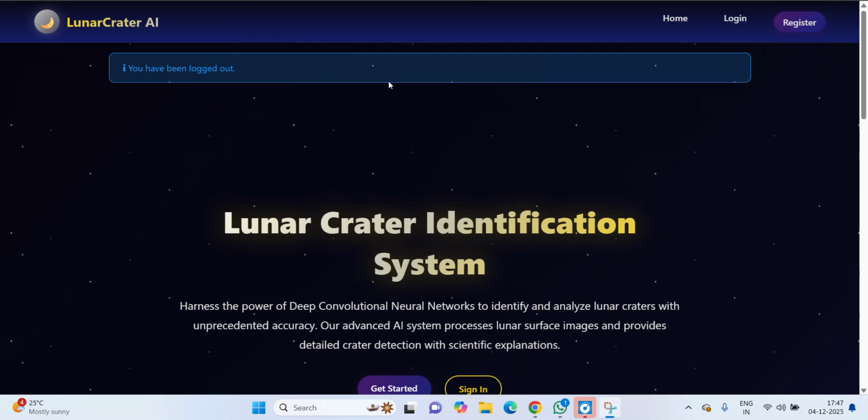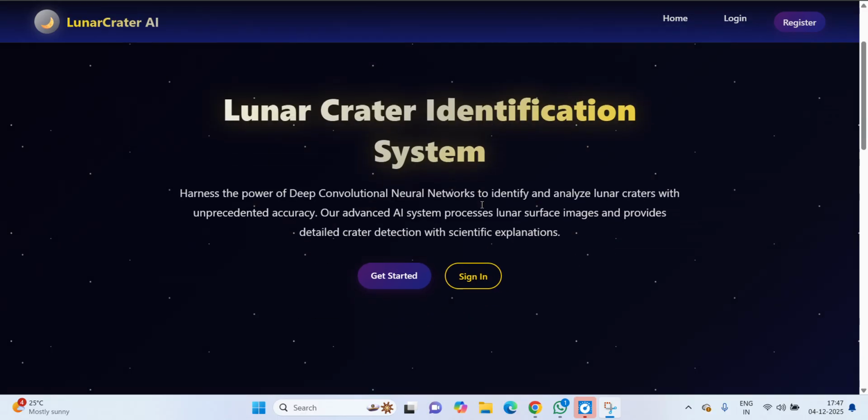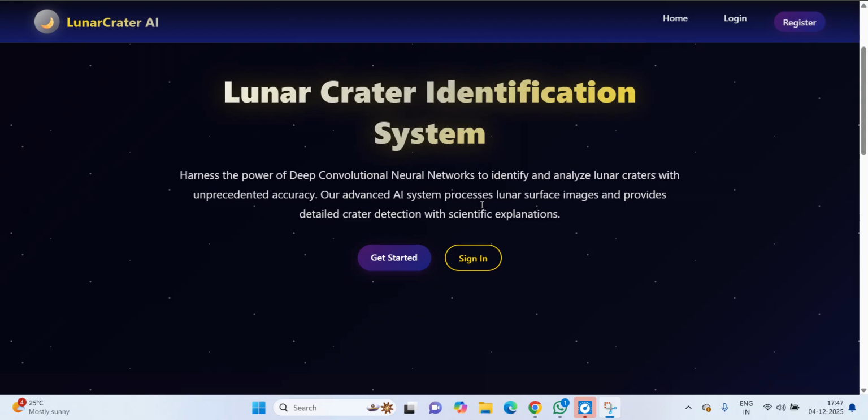This is the final outcome of a project: lunar crater detection using deep learning CNN. Here, we are directly using a rule-based algorithm, which is going to apply directly on images, and the algorithm we are taking here gives us accurate